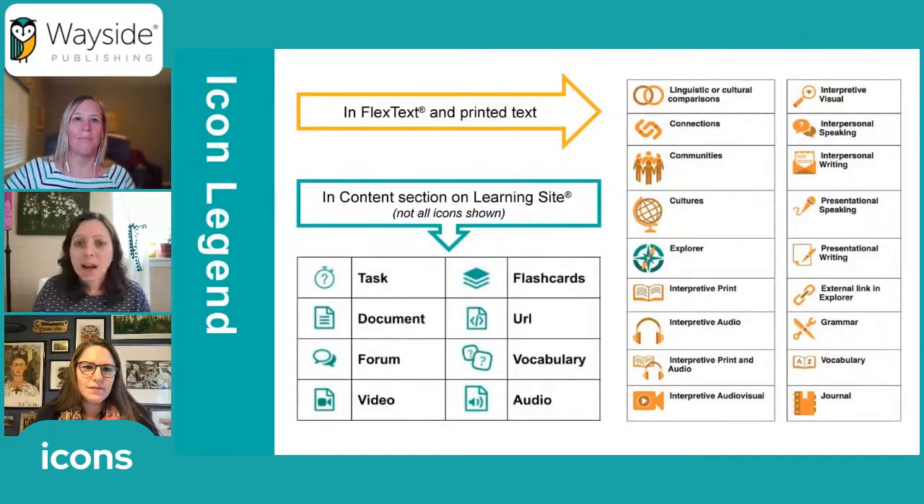Now, each of these icons relate to the icons that you'll see in the flex text, whether you're accessing that through the learning site or in the digital version or in the printed version. So you're going to see those golden icons in the flex text and the printed text. And then in that content tab on the learning site, you will see related icons that are in that teal color. Some of the ones that you may notice are going to be,